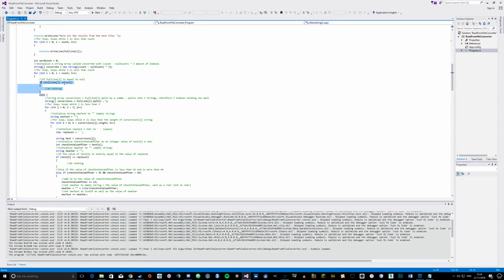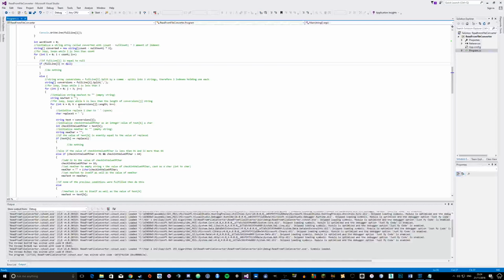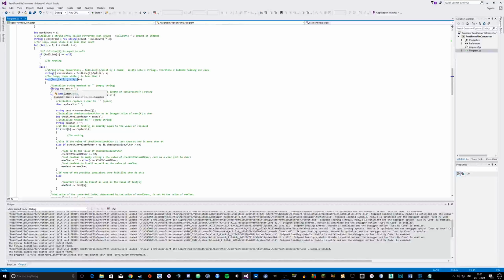making sure to filter out any line that equals null. Obviously it just stops it trying to split by what it can't split because there's nothing there. Pretty straightforward. This is inside of 3 for loops, I believe. The first one is just looking at each line and determining whether it's null or not, and then carrying on if it isn't null, otherwise just going to the next line. Once we go into the second one, we see that I initialize a new text value to an empty string, and go into the third one, which splits, I believe, by each letter,